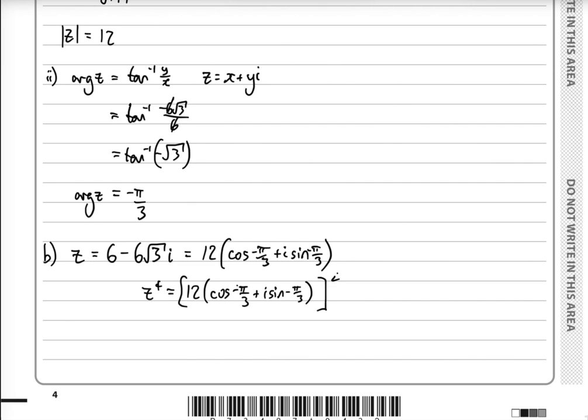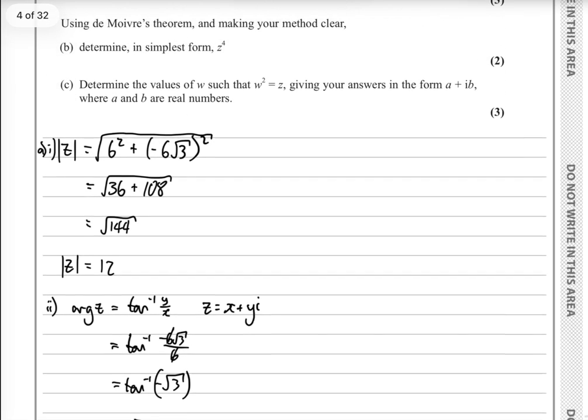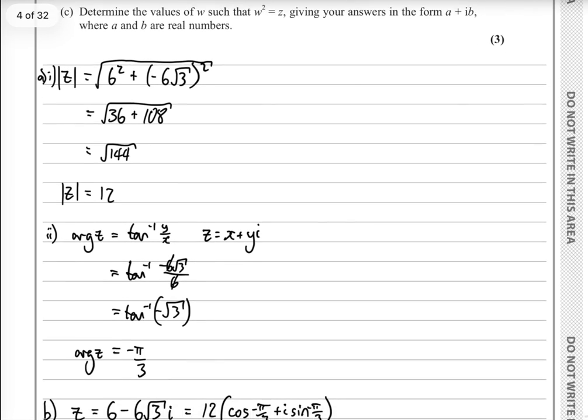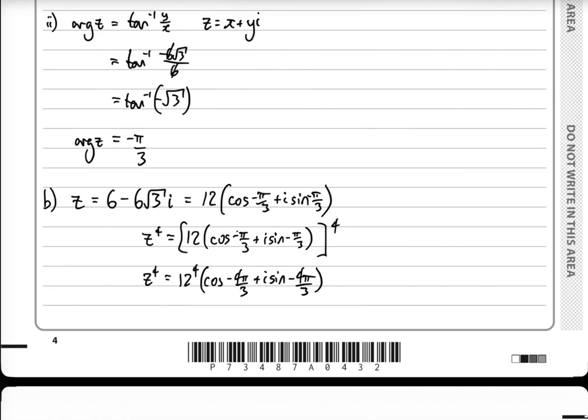And that's good because de Moivre's theorem says you just put the power onto the modulus and then into the argument as a multiplier. So this becomes minus 4 pi by 3, and here as well. Now, what did it say? In its simplest form, I think we could debate a little bit as to exactly what the simplest form of this is. I would say it's in its simplest form there, because 12 to the power 4 is much easier to read than